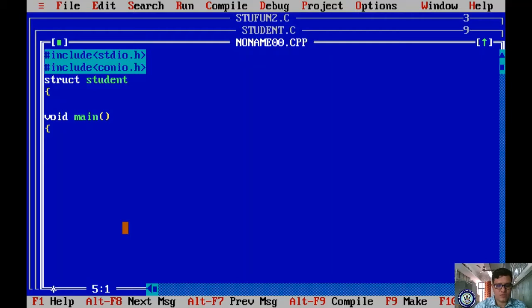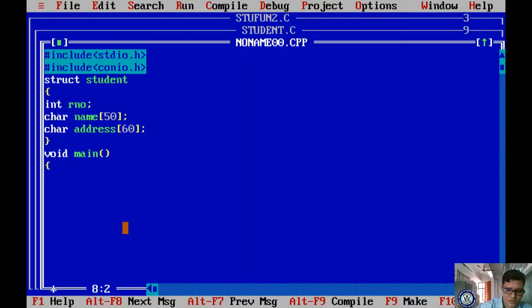I'm taking some variables: int roll number, char name[50], char next[50], char address[60]. Okay, let it be. That's it. Let me check what the size is.